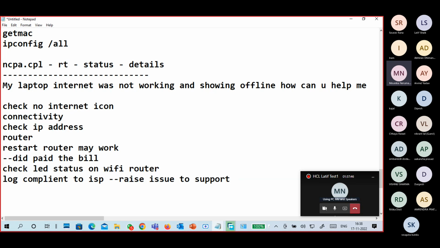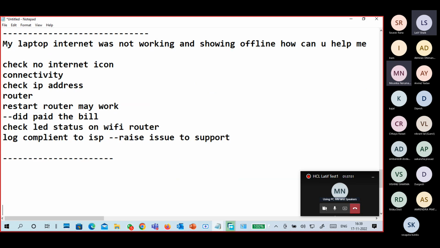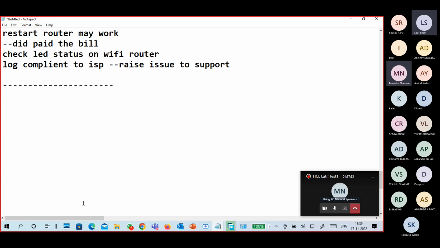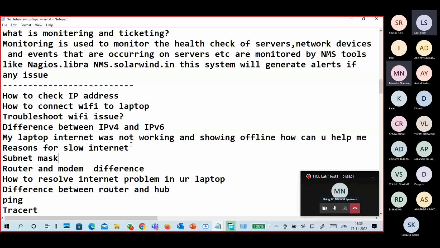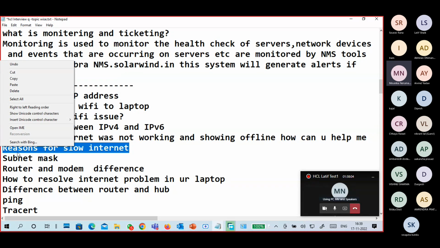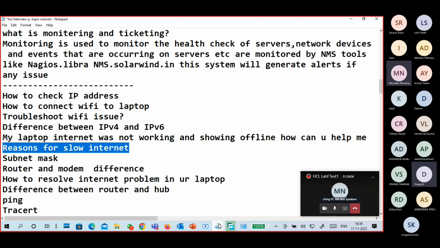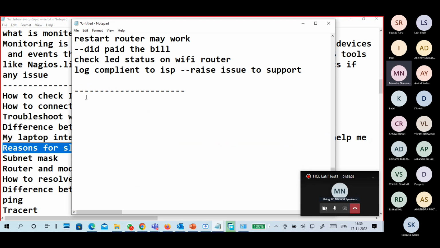Okay, you have to check the IP address, the router and router status, LED checking, cable checking. Guys, understanding? Yes, sir. Very good.